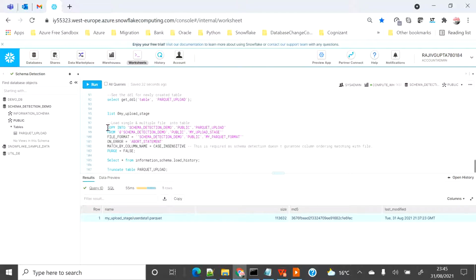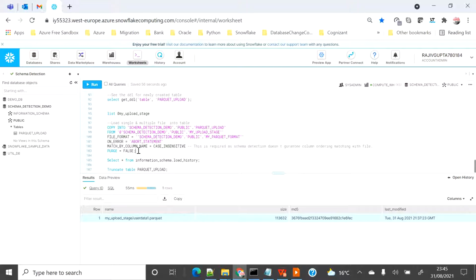My copy command says copy into the Parquet upload table, which I just created, from the internal stage, the name of my stage, with the file format, my Parquet format, which I just created on the top. On error abort the statement, match by column name case insensitive, so that if the case is not matching between the column names, but the column name is matching, it just loads the data into that particular column.